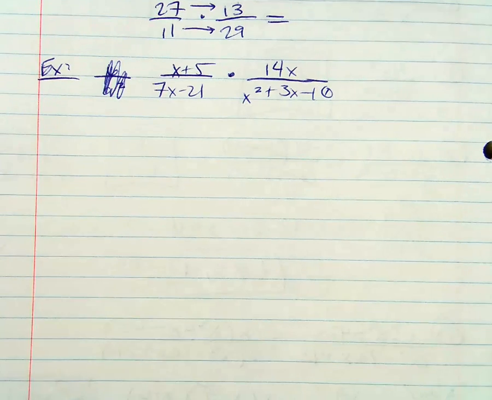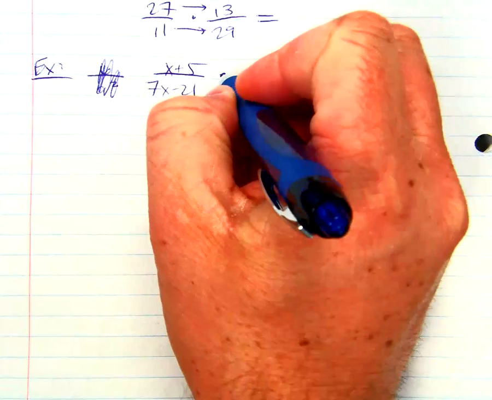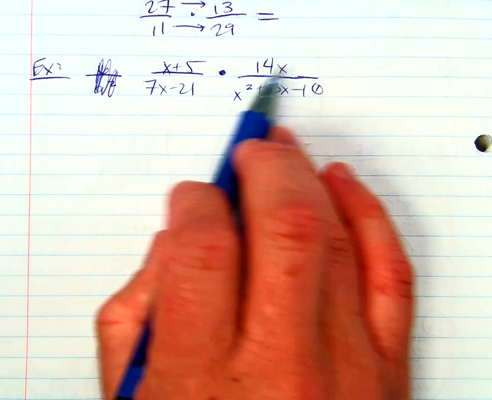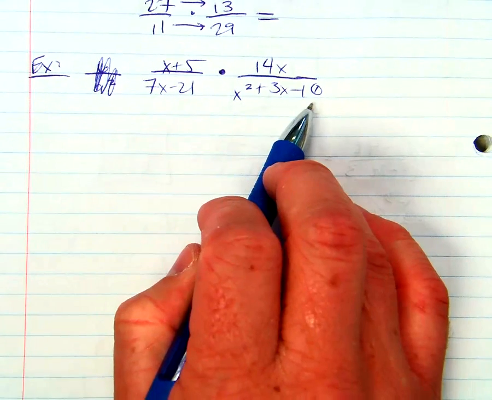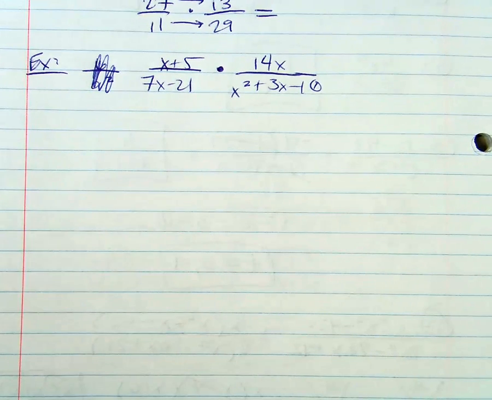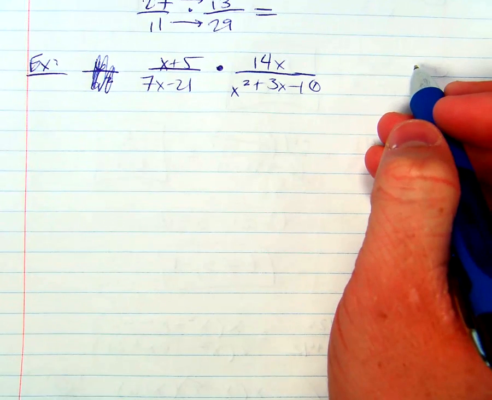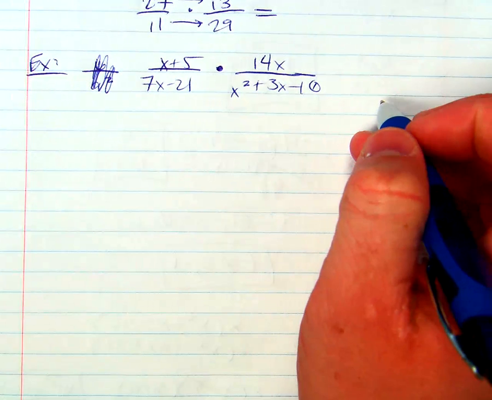We could, it is possible, but it would not be a good idea. Because this is a multiplication problem, we would multiply the numerators, which would require the distributive property. Then we would multiply the denominators, which would require a lot of box method or distributive property. And we would have some really ridiculous looking final answer that would still need to be reduced, which means we would have to take whatever weird thing we came up with at the end and try to find some way